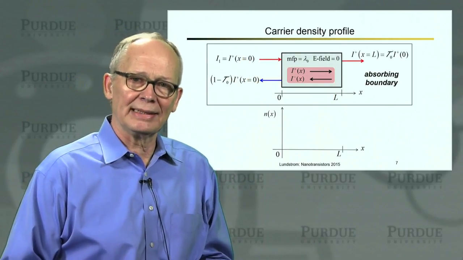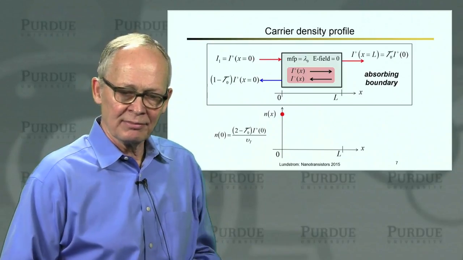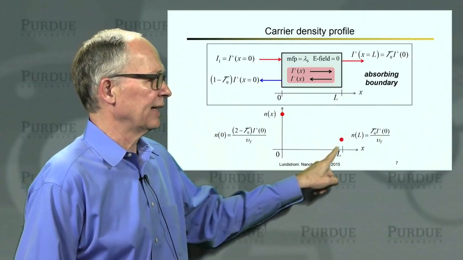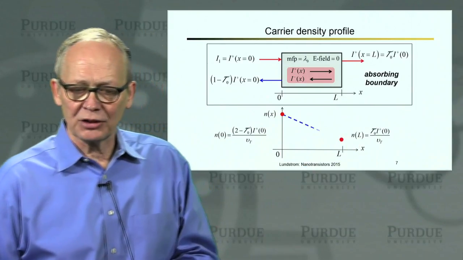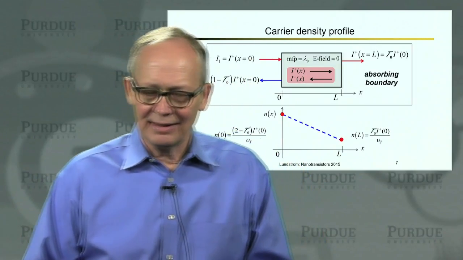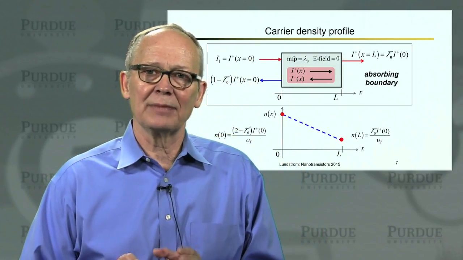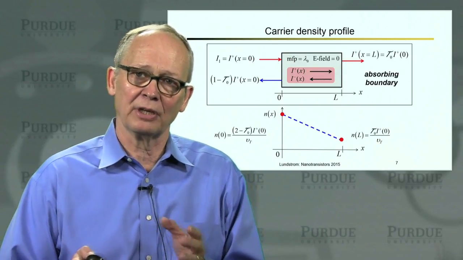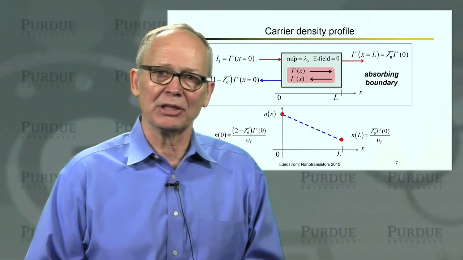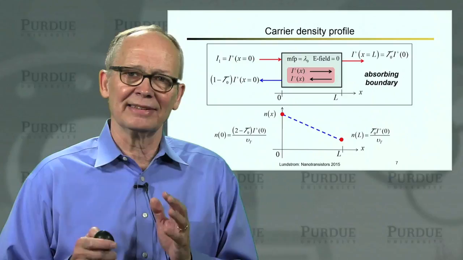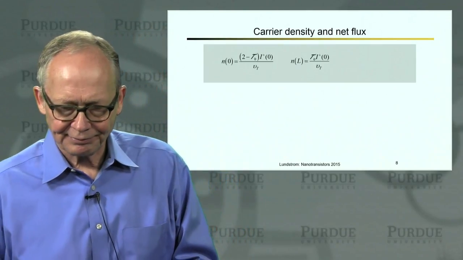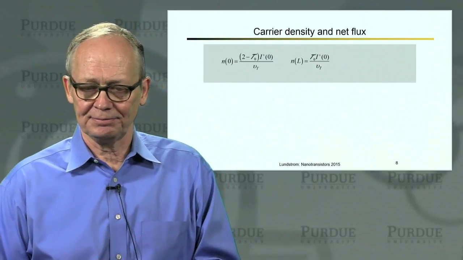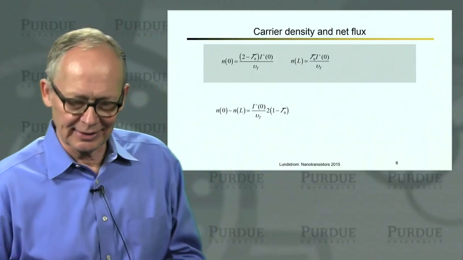Okay, all right, so let's plot the electron density inside the slab. We know what it is at x equals 0, it's given by this expression. We know what it is at x equals L, it's given by this expression. Turns out you can show that the electron density within the slab varies linearly. And this comes from the fact that the flux within the slab varies linearly, as we saw in the previous lecture. So we can draw a line between those two points, and now we have the electron density inside the slab. Okay, so let's see if we can relate this electron density to the flux, and then we'll see where we're going in this discussion.